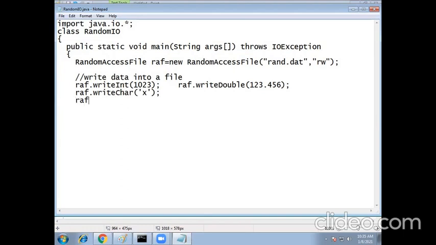Then RAF dot seek of 0 means beginning. Go to the beginning of the file.